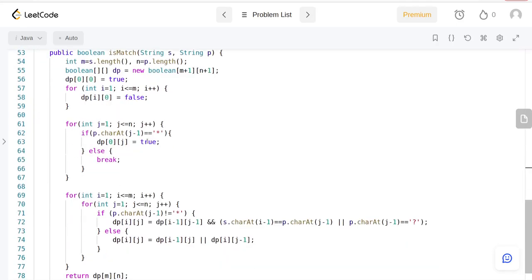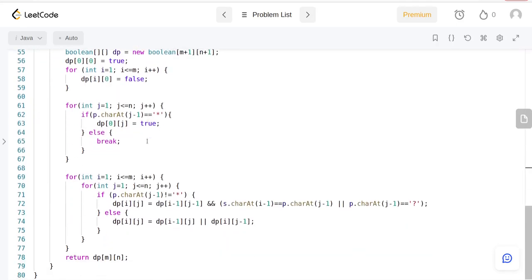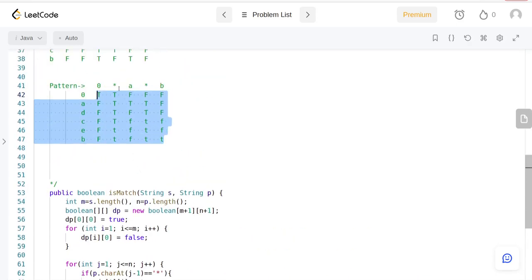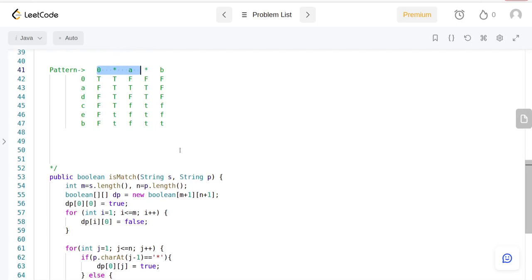In terms of the time complexity, we are going through all the values across the string, and for each of those we are going through all the values across the pattern string. So the time complexity is going to be m